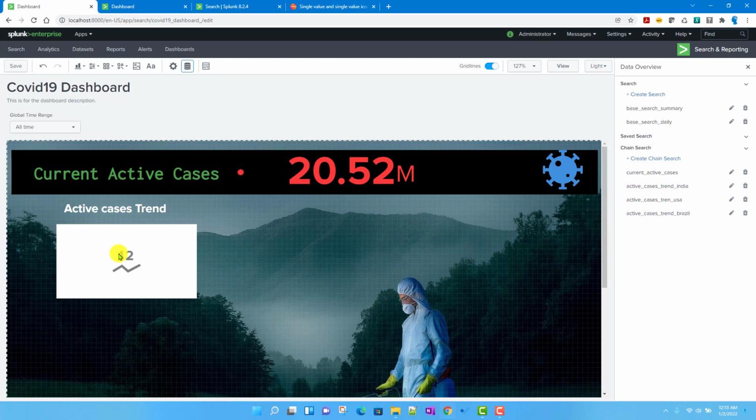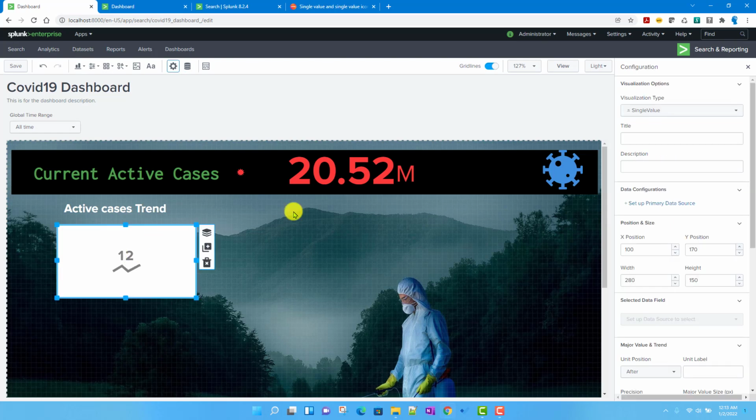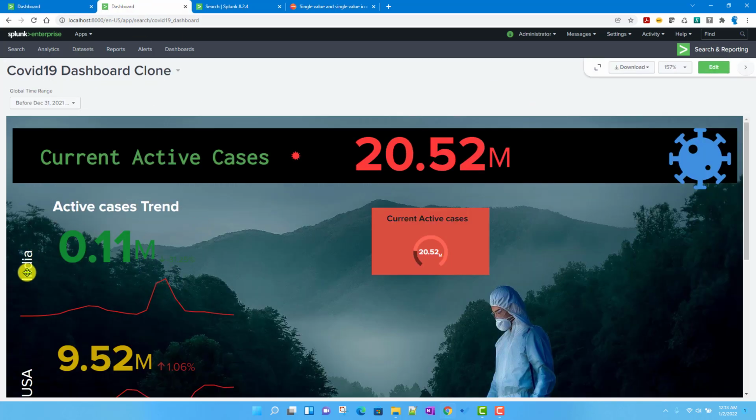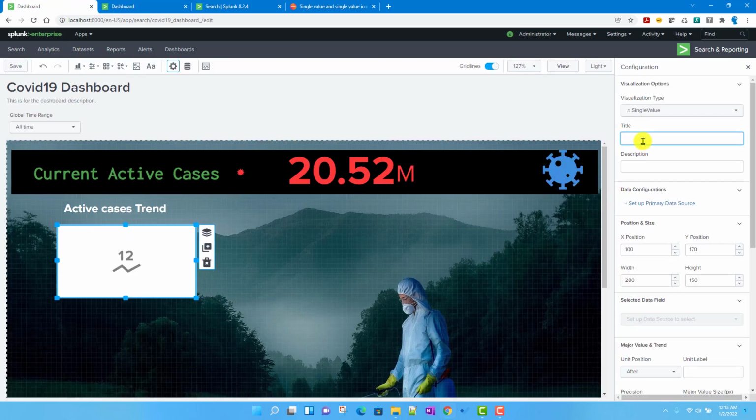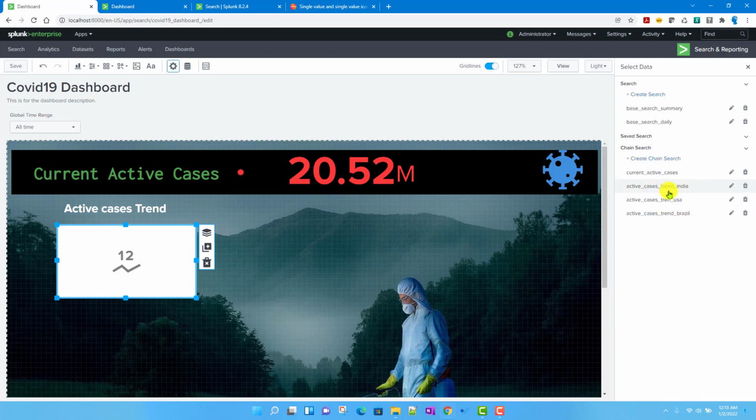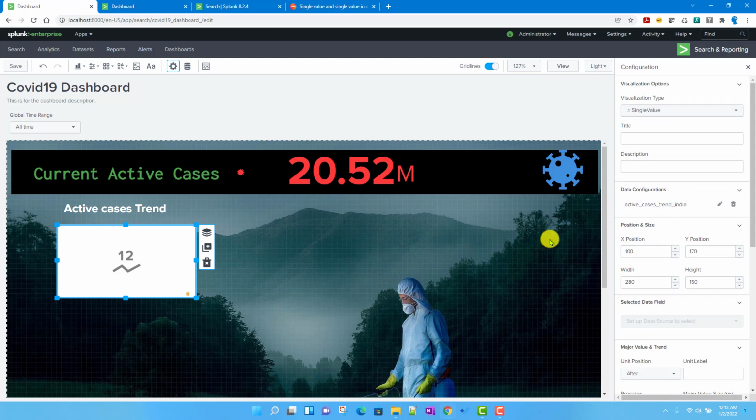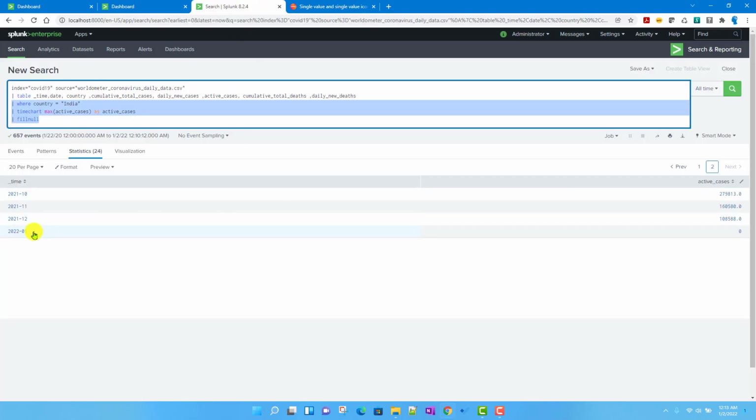So now I'll select this one over here as I already added one. Now, title I will not give anything, because if I just see it here, we have a simple text box over here, India, right? So let's not give any title or description over here. The data source I'll select India here, right? So once I do that, it will basically try to display the data over here. Now as we see here, for Jan 2022, we have 0 records.